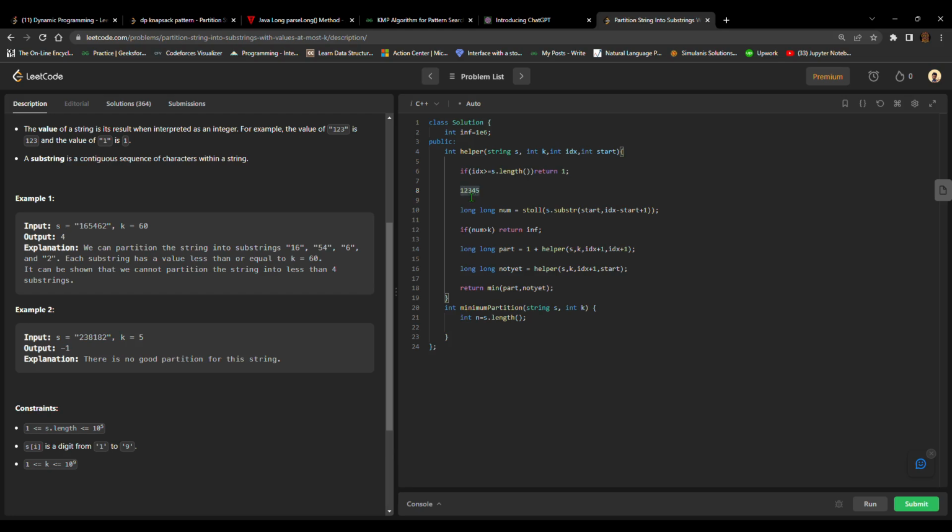It might be a part of the string up till here. It might be this part of the string, it might be this part of the string, or it might be this part of the string, but we have really reached the last index, so I would have to consider it as a partitioning. So that partitioning count we are doing right here, and then at the last we would be calling our